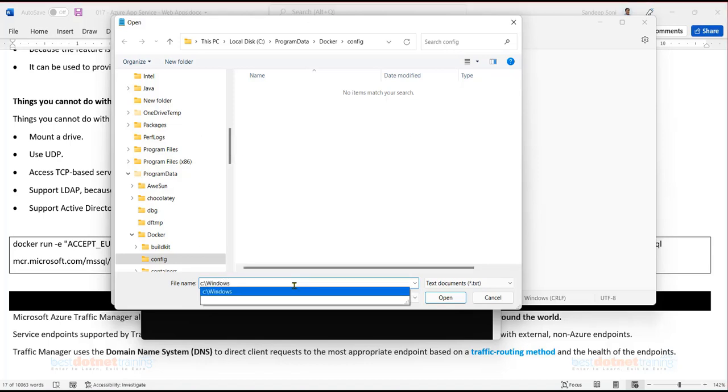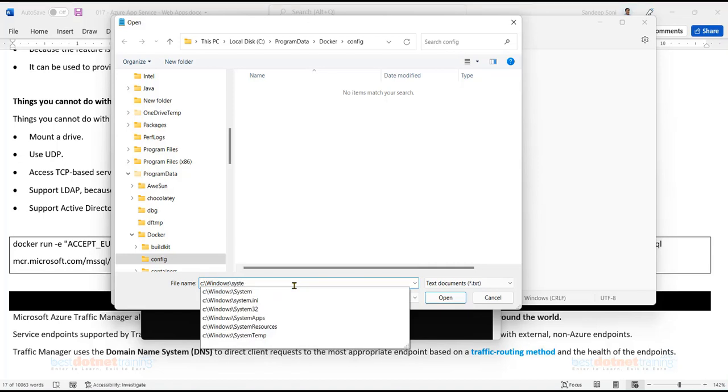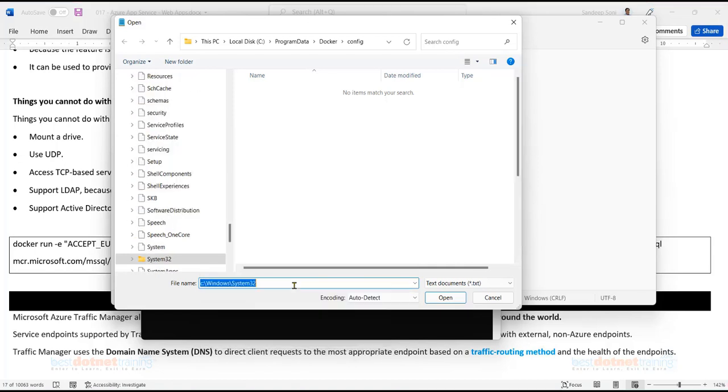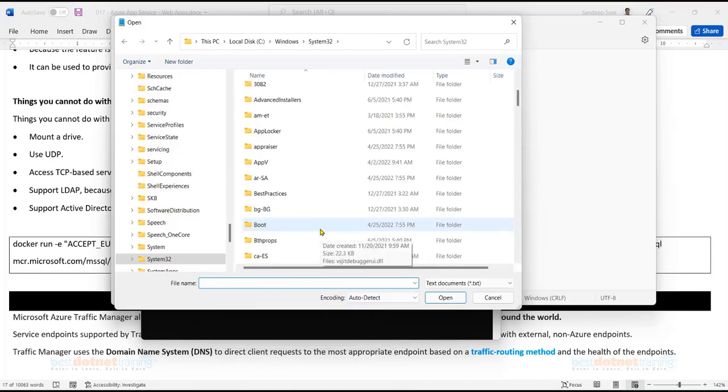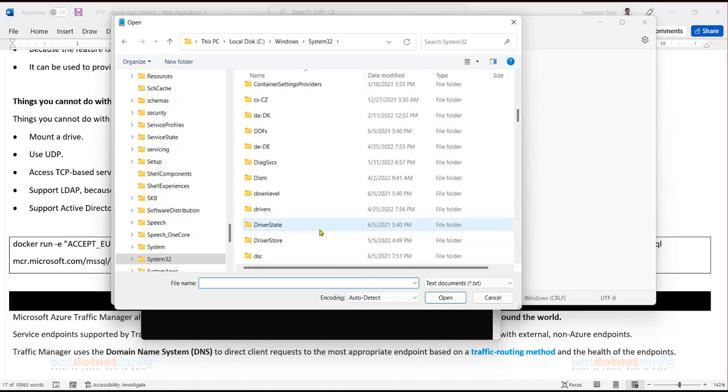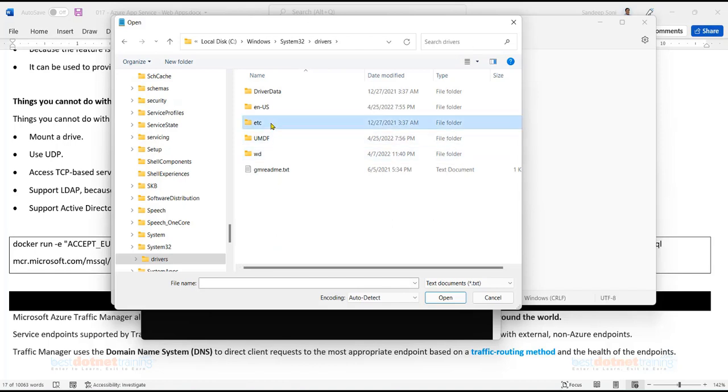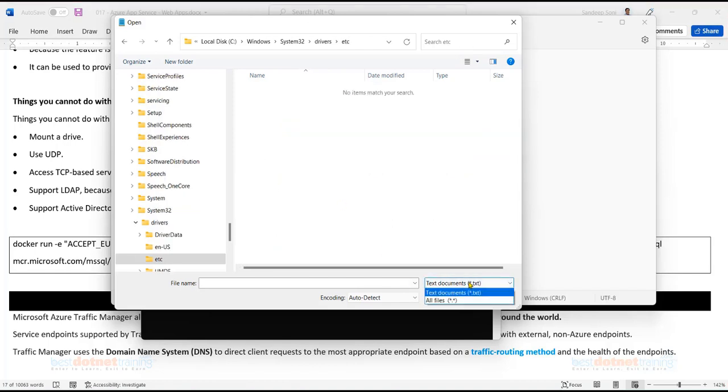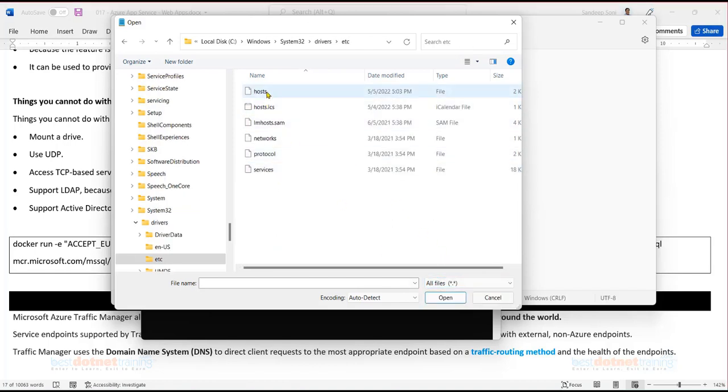C:\Windows\System32. Here you'll have drivers, under drivers etc, and there is a file here called hosts. That's it, hosts is the file name. Edit that file.